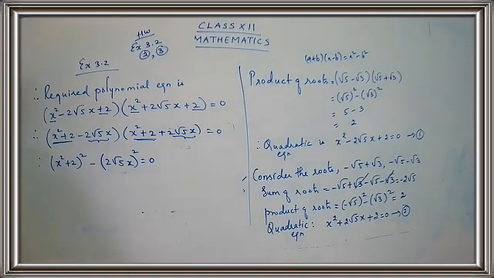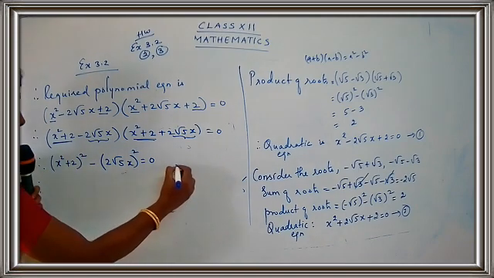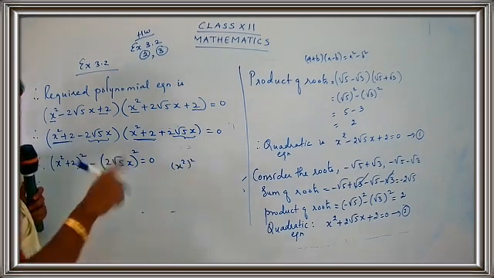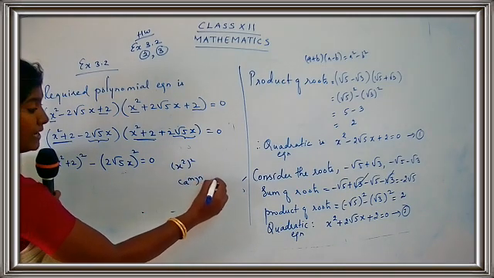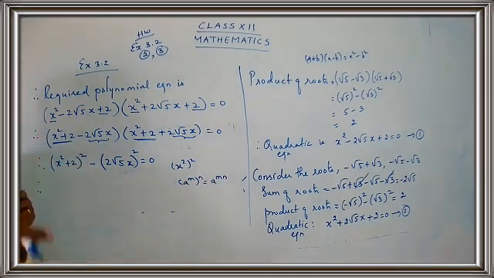Let's open the bracket. Let's apply the formula here. Here we are going to use (a + b) the whole square. a square, what is a square? x square, square. x square square means a raised to m the whole raised to n, which is a raised to mn. 2 into 2, 4. I get x raised to 4.